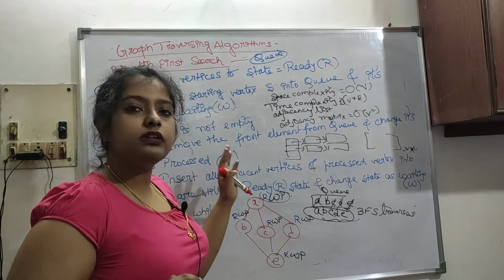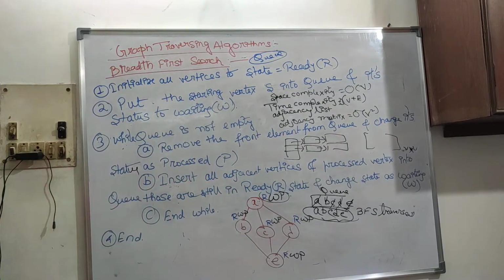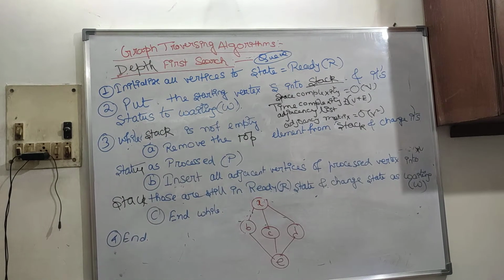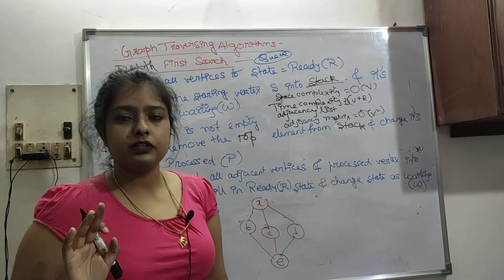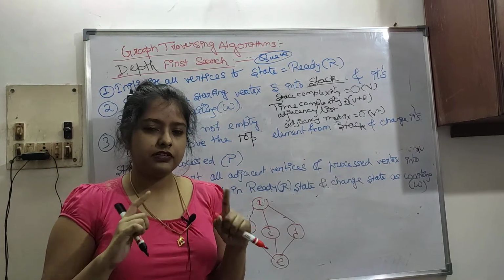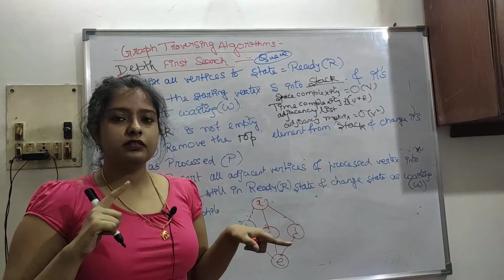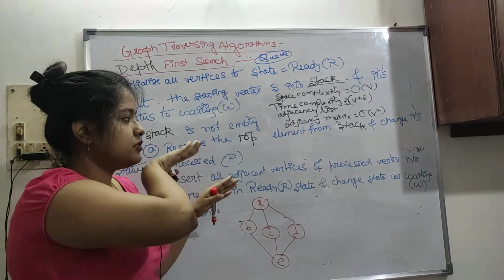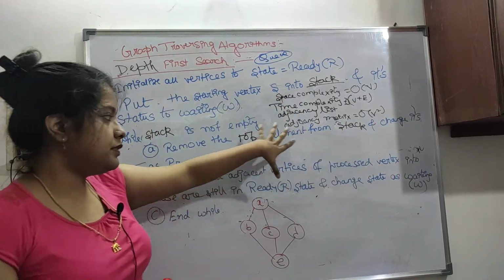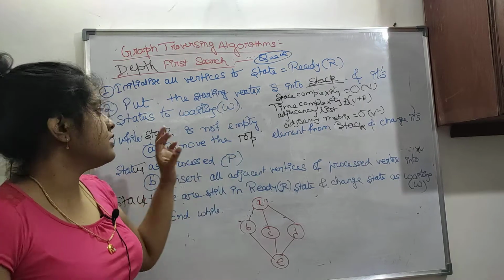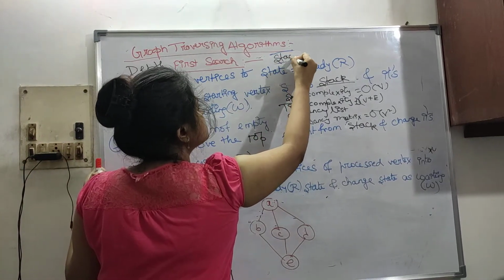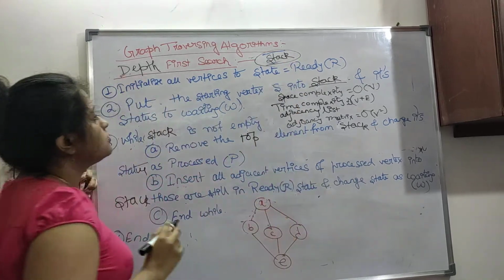Okay, so this is about time complexity. Now we will move on to DFS. So now our next thing is depth first traversal, which is almost the same as breadth first traversal. The only difference is it is going depth wise, while it was going breadth wise. This is exactly the same as our previous algorithm, just with changes. You know the depth first traversal uses the stack data structure.